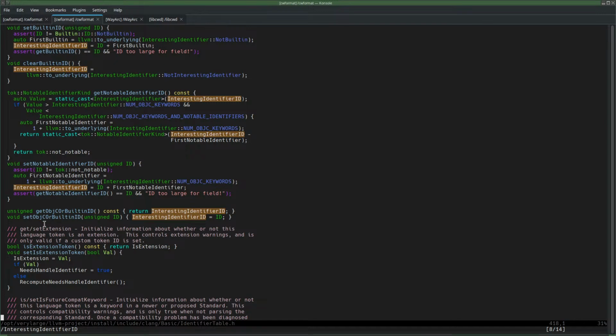Get object C or built-in ID. Oh, this is a combination of object C, which is never set in our case, or built-in ID. So I would like to know when it is a built-in ID, and more importantly,